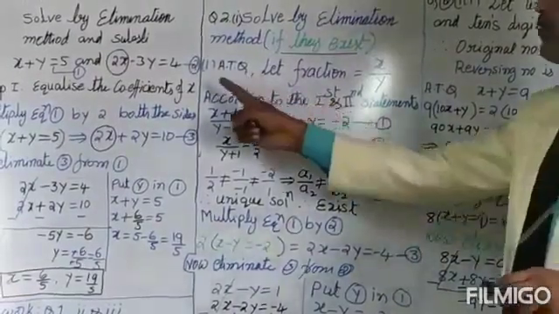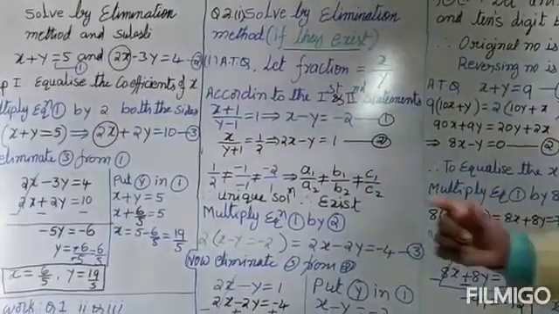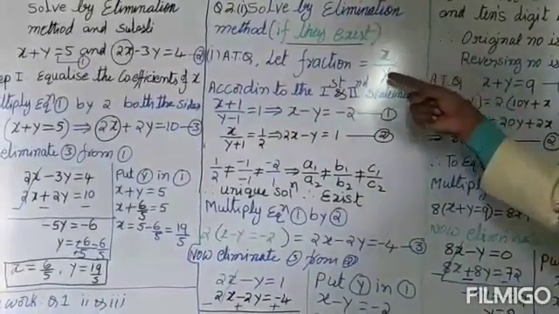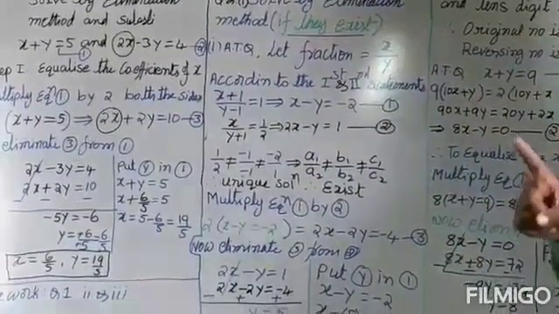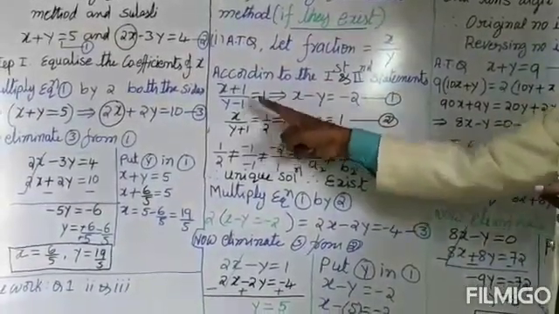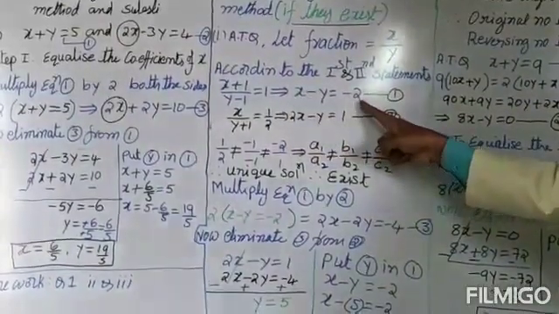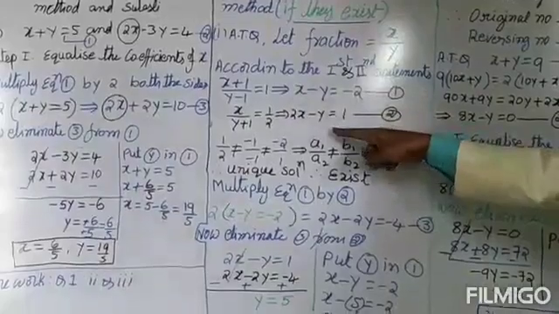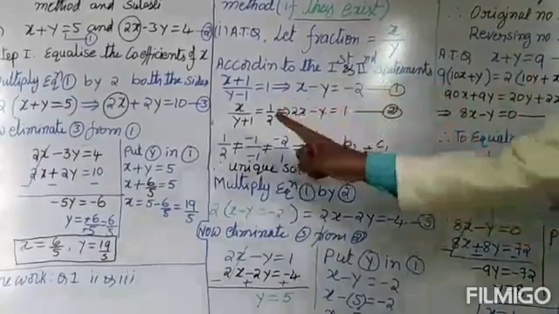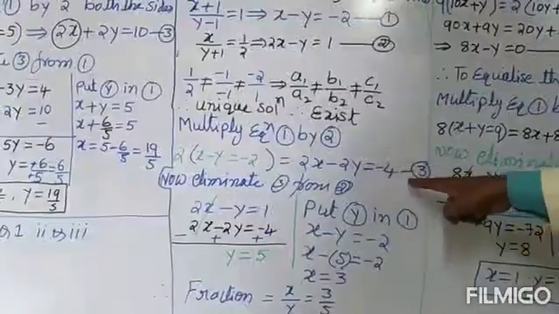So here question number 1. Here a fraction is given, it is not specified, so we take the fraction x upon y, I mean numerator is x, denominator is y. According to statement 1, numerator added by 1 and denominator subtracted by 1 gives a fraction, that is, you get x minus y equal to minus 2. This is equation number 1. The second statement says add 1 to the denominator only, then it becomes 1 upon 2. I mean x upon y plus 1 equal to 1 upon 2, so y equal to minus 4.